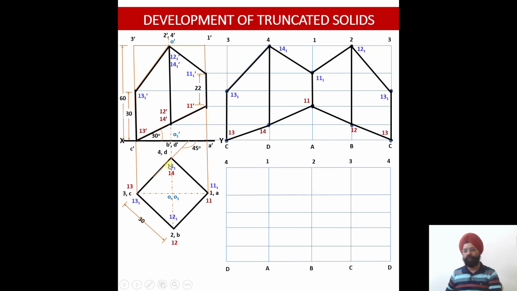So starting from 4,1, once again I am moving in clockwise direction. From 4D, I am moving to 1A, then I am moving to 2B, then to 3C, and then to 4D. So it is D, A, B, C, D. Check, D, A, B, C, D. That is starting from